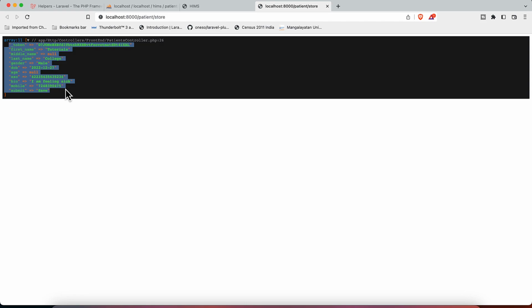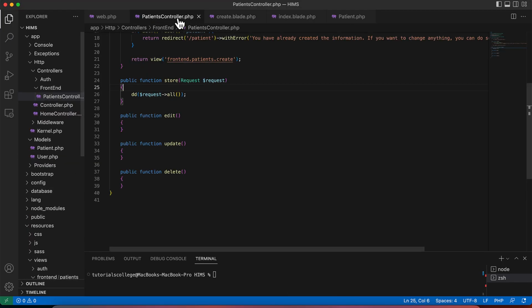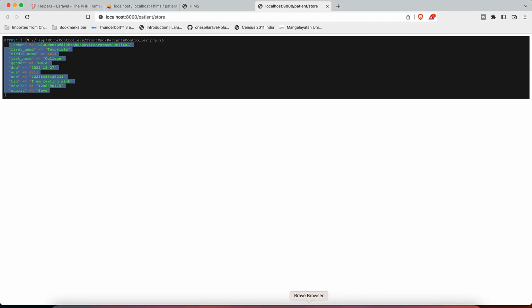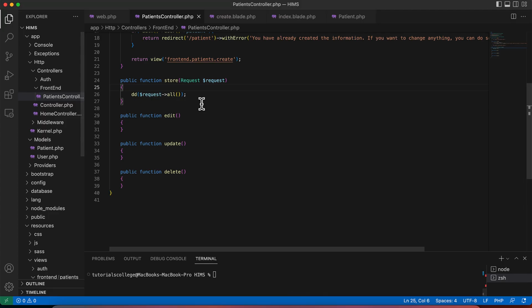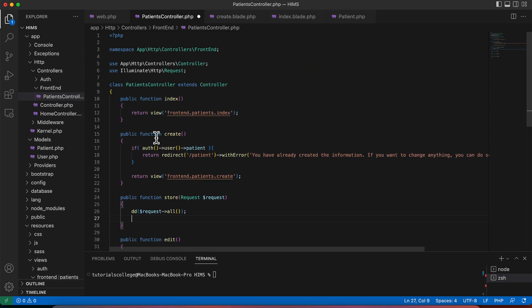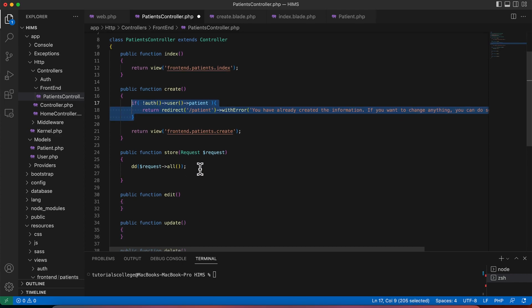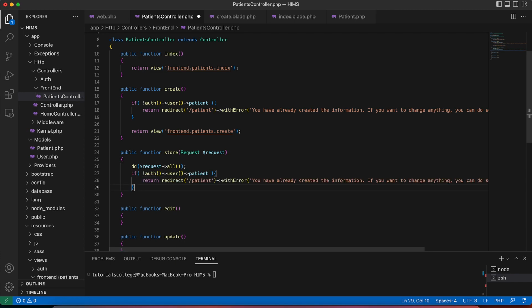So let's store this information to the database properly. Let's first of all verify that our patient's database is blank, and now what we will do is we'll check this information again. This logic is not complete, it should have a not operator, because we want to negate the logic that we are writing. So if a patient does not exist,